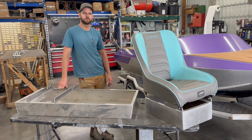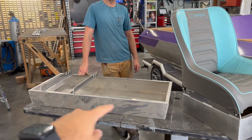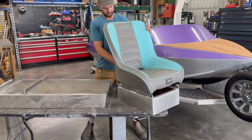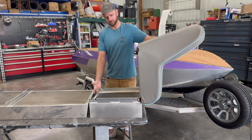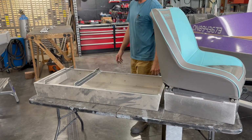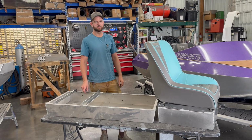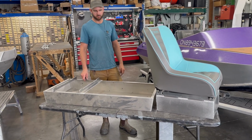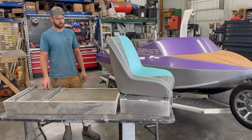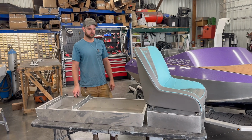It makes it a little bit more comfortable than sitting directly on the floor. And it gives you all this storage space underneath, like Ben mentioned. So you can actually flip the seat forward to get at this storage space, which is super handy. And obviously the advantage of a bigger storage box means that you can store bigger things. So if you want, like, a folding fishing rod or a rifle or anything like that, you can throw it under there pretty easily. As well, the individual ones are super handy for throwing things like ropes or bumpers or anything like that if you're boating around and just need somewhere to toss something